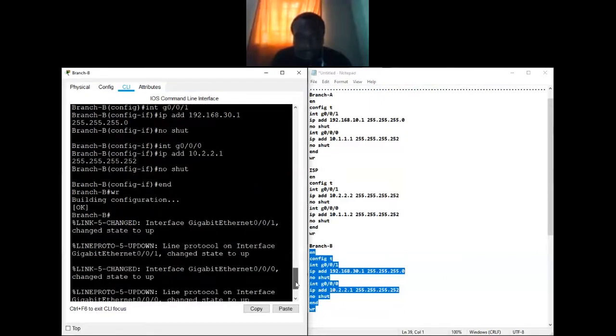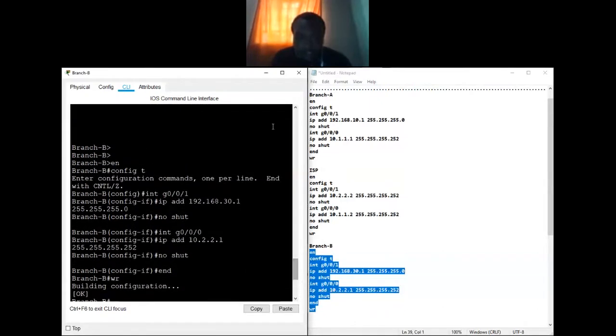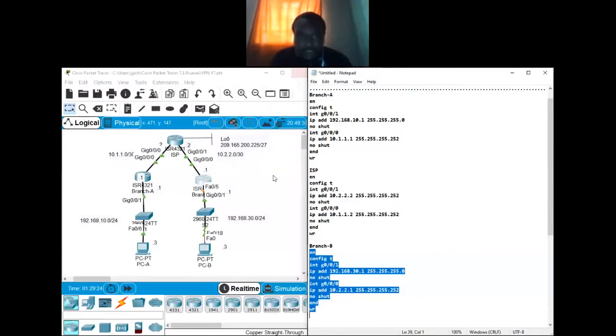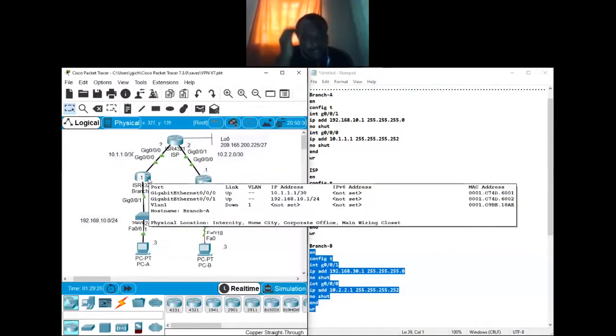Now you'll be able to see everything is okay, no errors. So now I can check using my cursor. I can place my cursor on top of the router without clicking, and then I'll be able to see gig 0/0 having an IP address of 10.1.1.1, and the link is up, and then gig 0/1 of 192.168.10.1/24. Yes, that's correct. That's the information that you need.